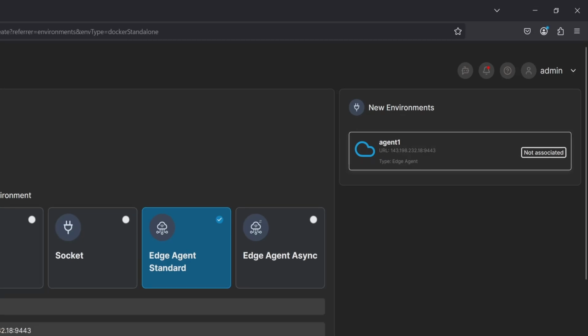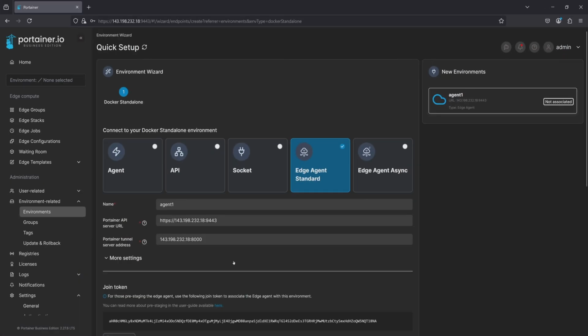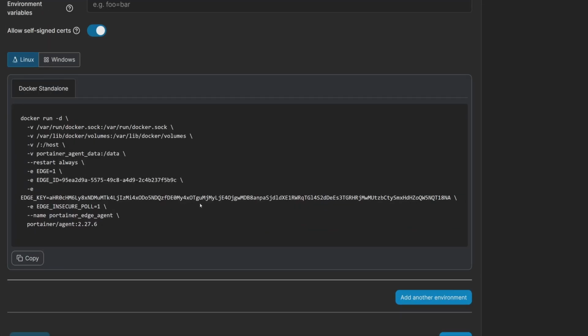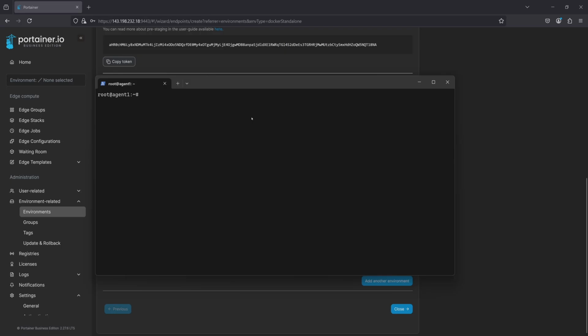So there is no device currently beaconing in or identifying itself as this agent. This is now going to give you a script which you can run on your remote device. This will allow the remote device to connect to the Portainer environment. If we copy the script and switch to Agent 1, which is just a virtual machine hosted in the cloud,